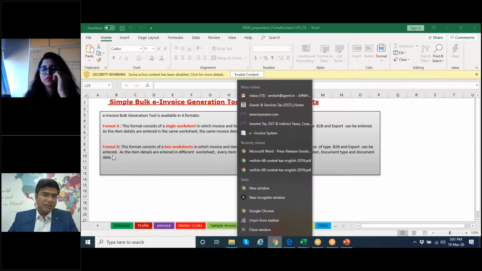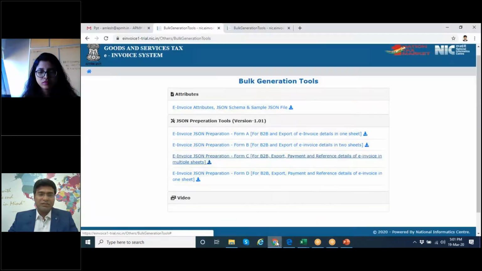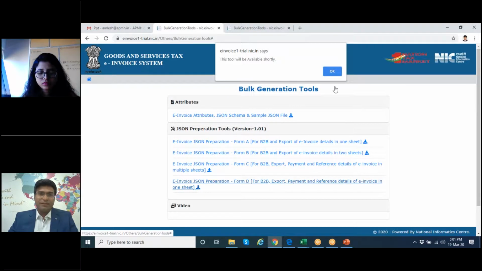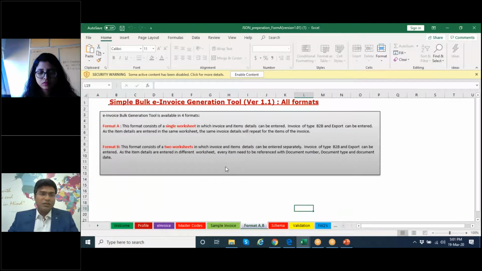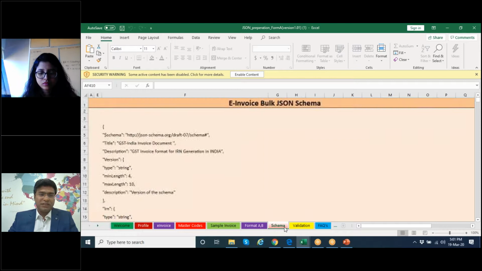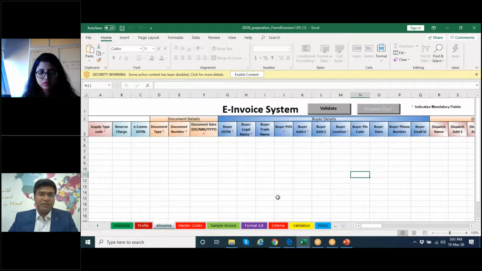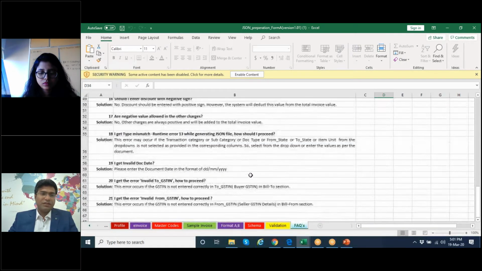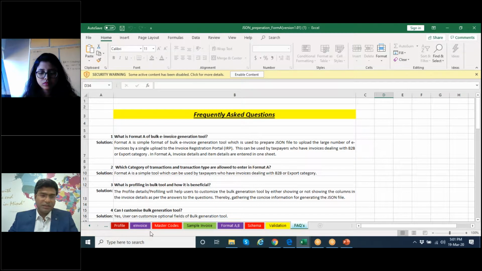And here you will notice that there is no description about the format C, because they are still working on the format C. Yeah, this tool will be available shortly, the portal is showing, and same in case of Form D. That is why the description for the format C and D is not available in this set. This is the schema. Basically, these are the fields based on which the details which you have filled in the profile and invoice will be validated, and there are certain FAQs